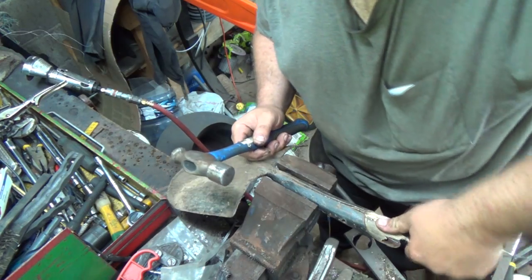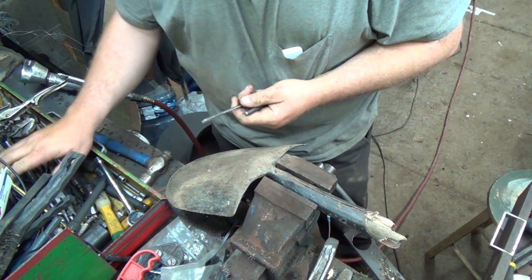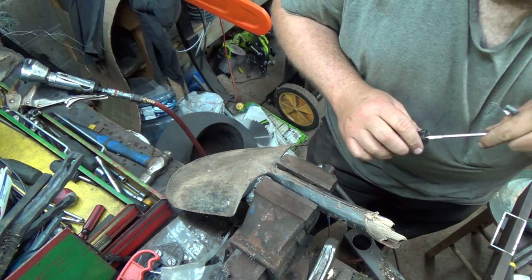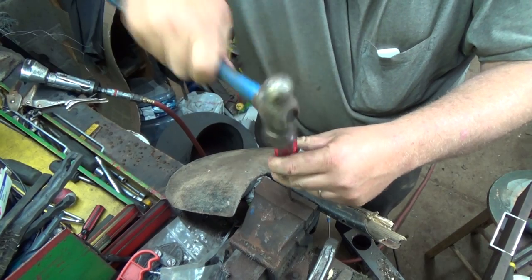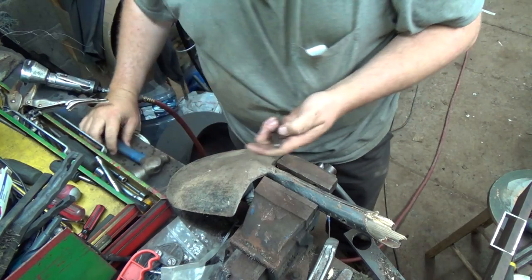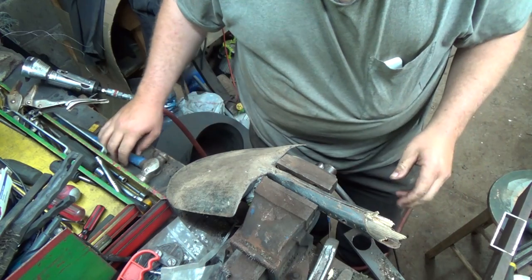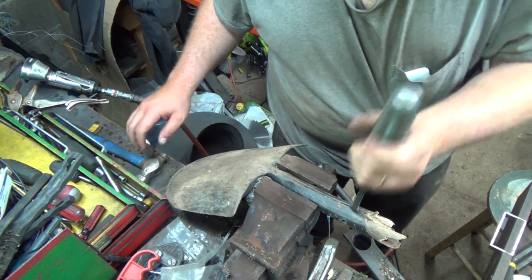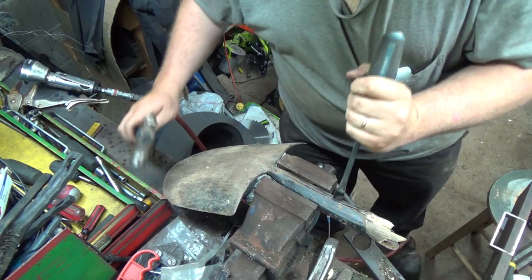Should have just gone and bought a new shovel, I think. Oh, for cornflakes. Okay, let's just jab this thing sort of back together. Sure, it'll never be the same again, but anyways. Now, that's still in there really good. I don't really want to separate the steel much any more than I have, but I guess...